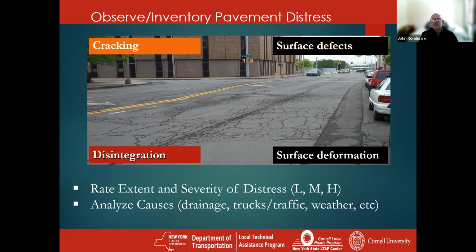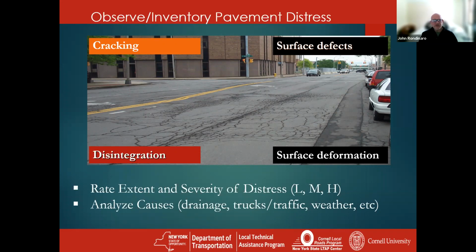You're also looking at your surface defects, things like polishing of the surface, where you're losing your skid resistance, any sort of bleeding, any sort of raveling. All those kinds of surface defects you want to make sure you're inventorying. And then finally, your surface deformations: you're looking at your rutting, shoving, corrugations, anything where the pavement surface is moving around. Once you've identified the types of pavement distress, you're going to rate each of those distresses in terms of its extent and severity. You're going to be looking at very simple categories of low, medium, and high, and that'll help you target the appropriate